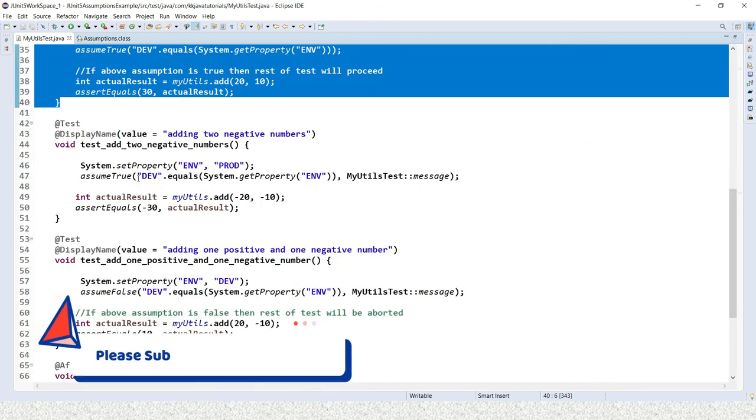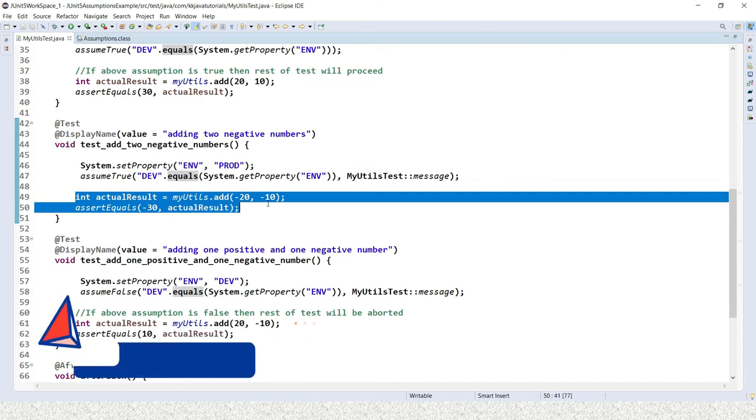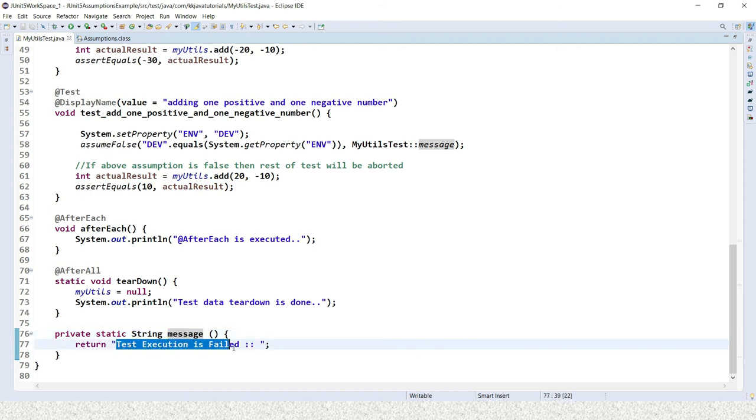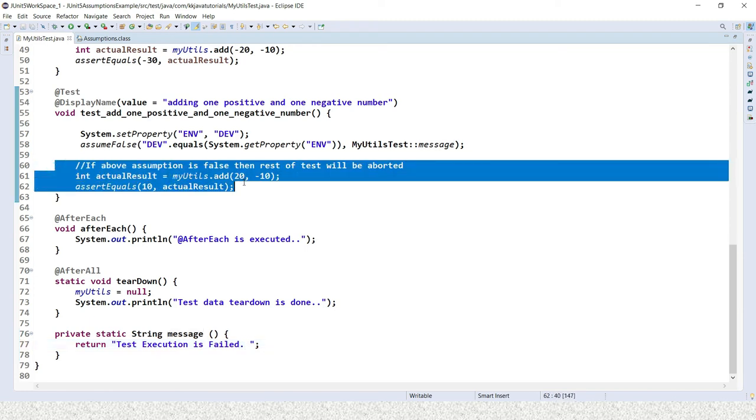Next, in this test, dev equals System.getenv will return prod, so this is going to return false. So this message is going to print as a test output, and the rest of the code will not run, this test will be aborted.